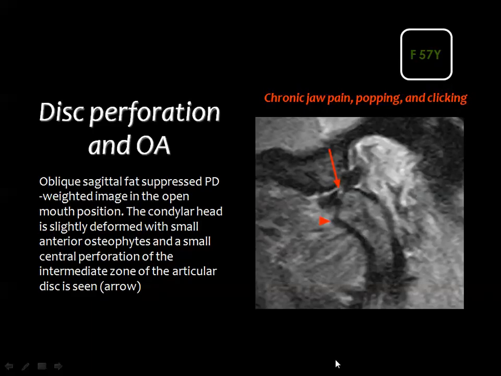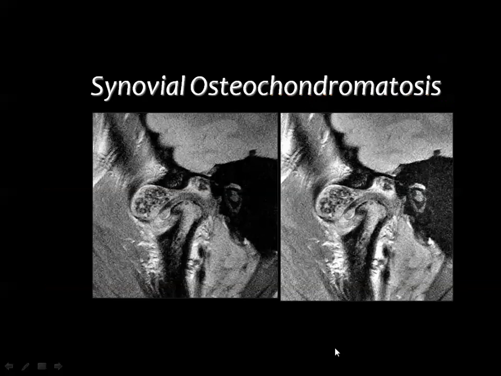And this is an example of disc perforation and mild osteoarthritis of the temporomandibular joint. This arrow points to the site of perforation in the intermediate zone of the disc. This is the posterior band and this is the anterior band. And this arrowhead points to a small osteophyte in the mandibular head, and this means that there is some osteoarthritic